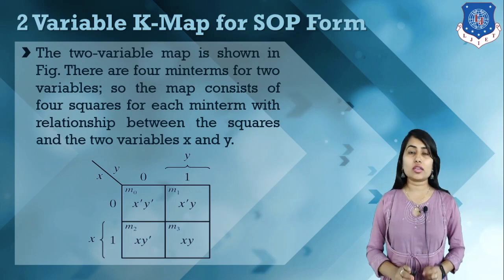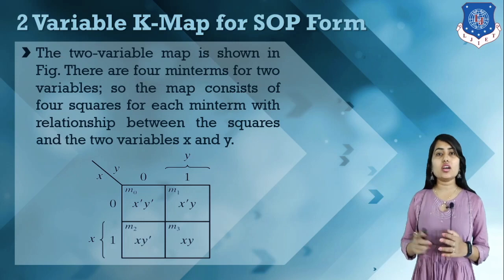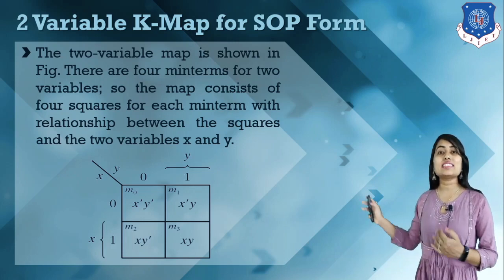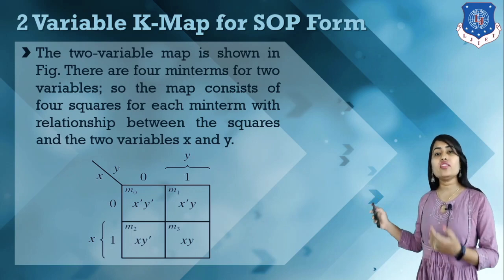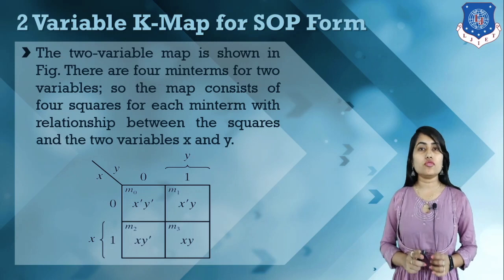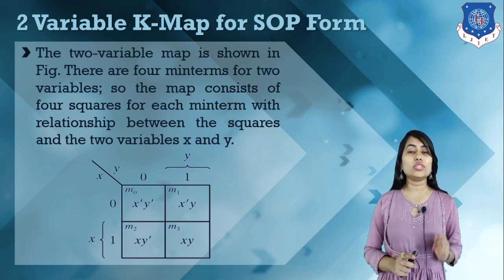This is how we can make a K-map for two variables, and by assigning the various logical function outputs, and then by combining the adjacent squares and writing a logical function, we can simplify our logical function. So how can we simplify that logical function? Let's discuss with one example.